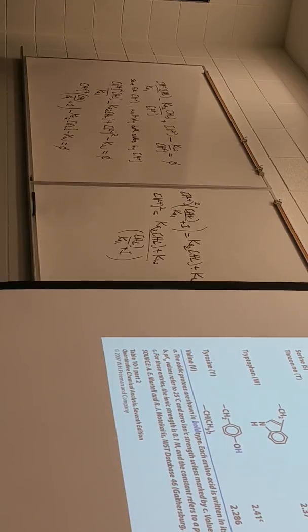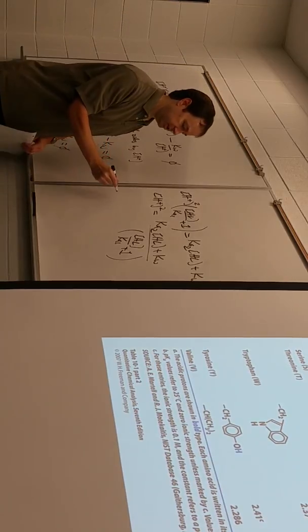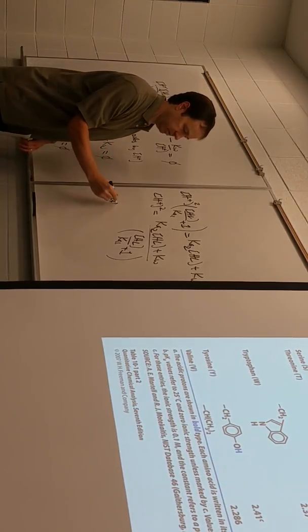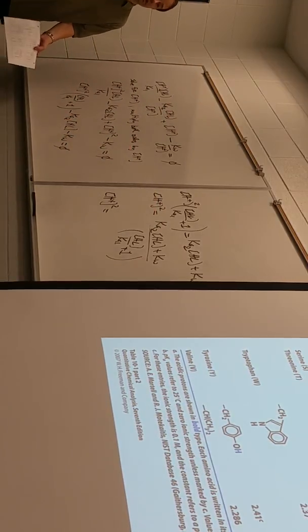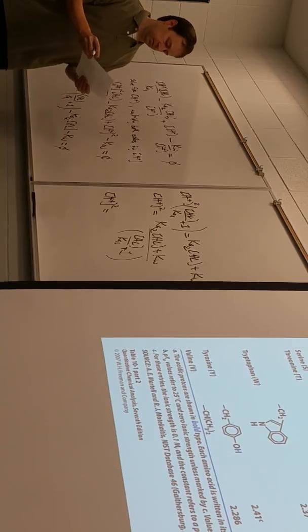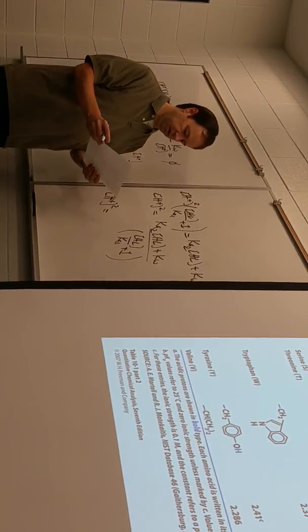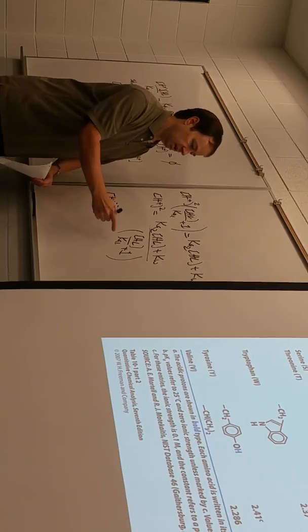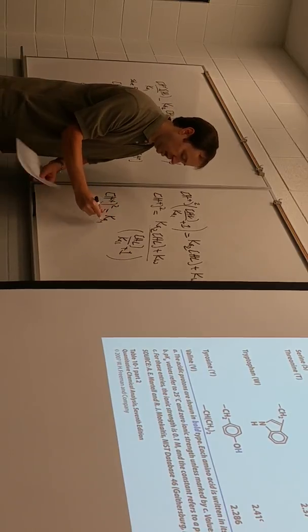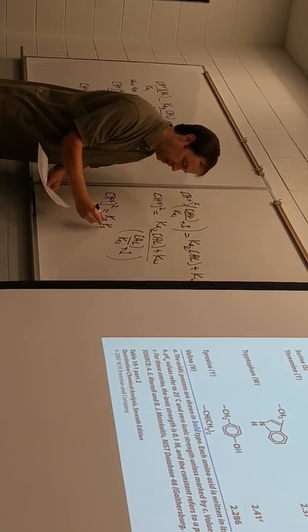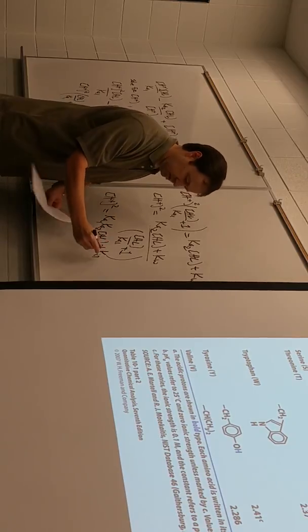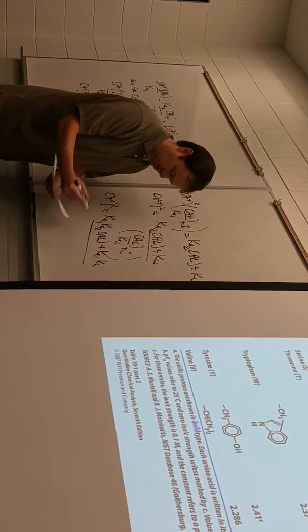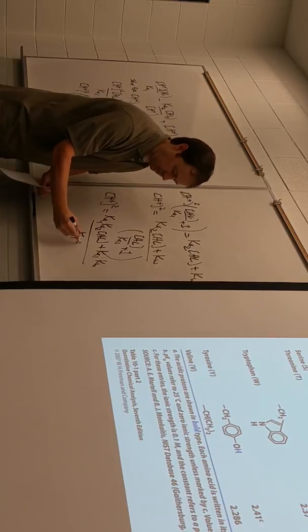We now have a relationship that has so many different things in it that I don't even know how it's all going to come together. At this point, I will claim a little bit of a magic step, in that I don't want to go step by step how this turns into the next equation, but it's not magic. You'll have to take my word for it, or you can figure it out on your own time. This becomes KA1 times KA2 times HL plus KA1 times KW, all over KA1 plus HL.